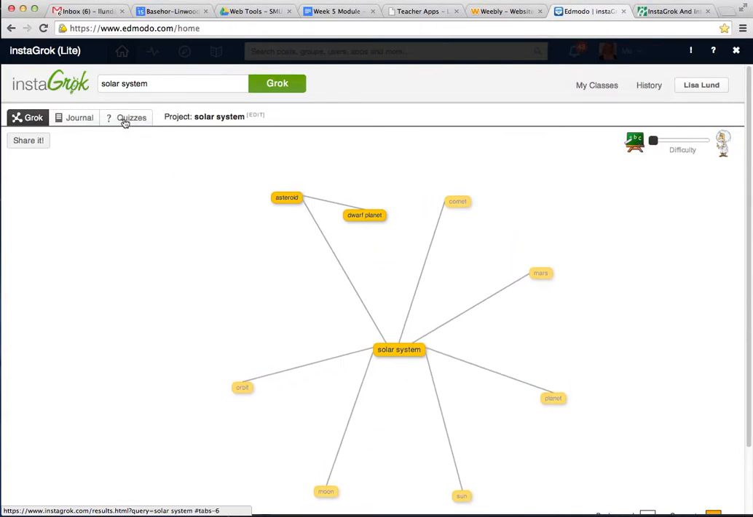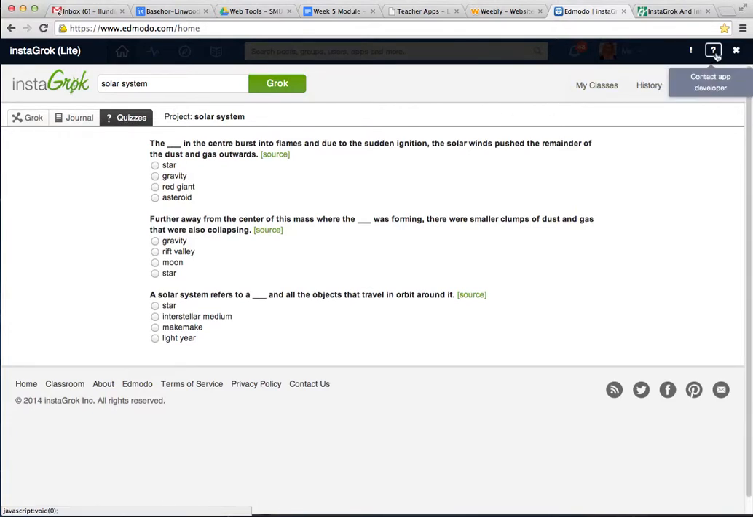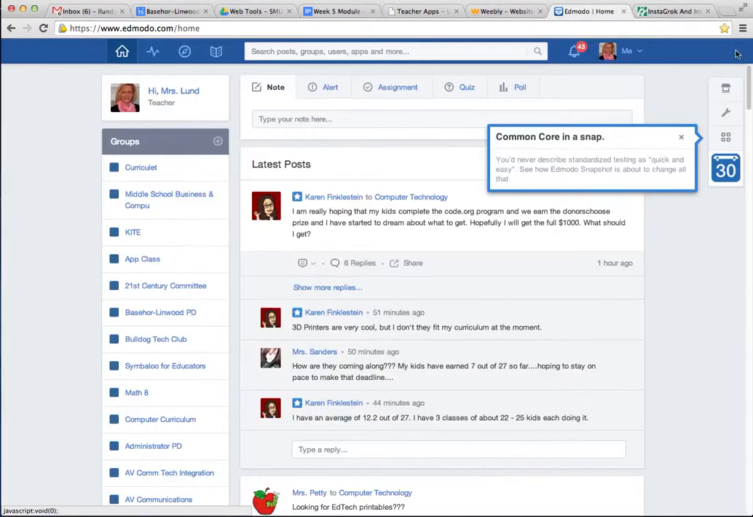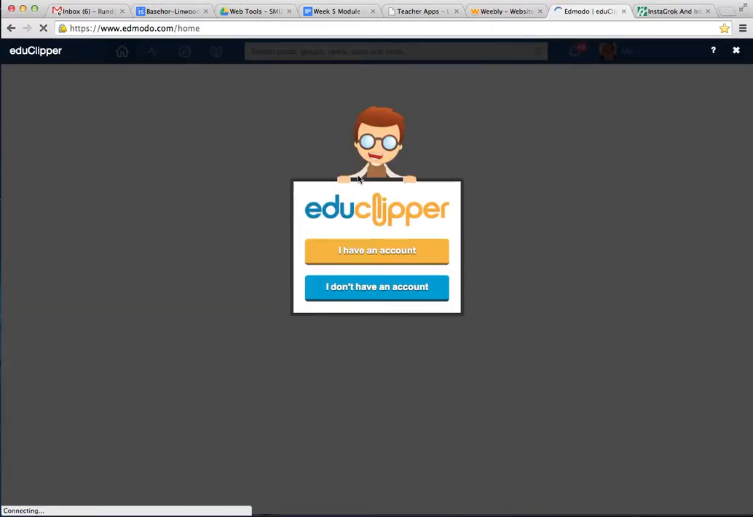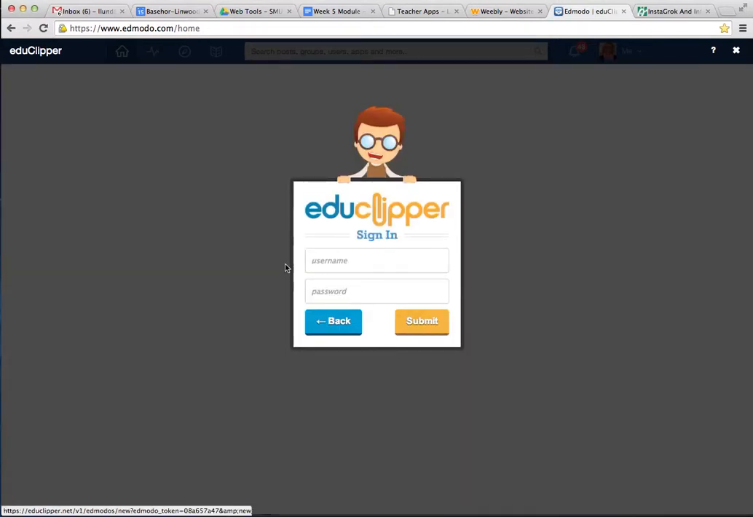And I also can give my kids quizzes, and again, like I said, if you just click on the exclamation point, it'll take you to some lessons and assignments and show you how to use this application within your classroom. And then I love EduClipper. It's similar to Instagrok, and I have the ability to go and get resources, and I can even give my students resources. You can assign students accounts